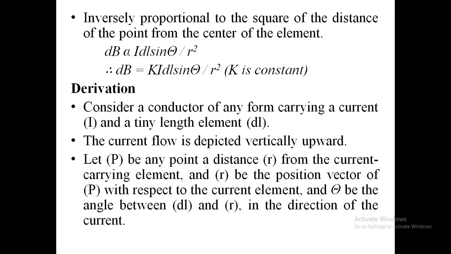the element. Derivation. Consider a conductor of any form carrying a current I and a tiny length element dl. The current flow is depicted vertically upward. Let P be any point at a distance r from the current carrying element, and r be the position vector of P with respect to the current element, and theta be the angle between dl and r in the direction